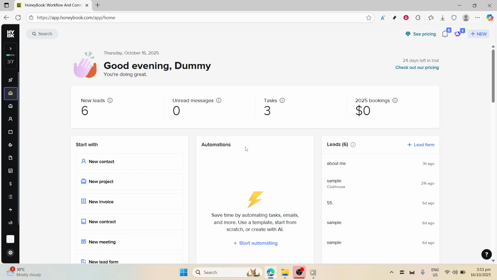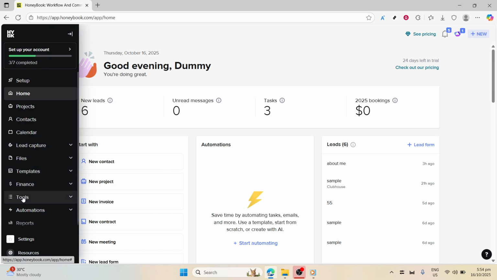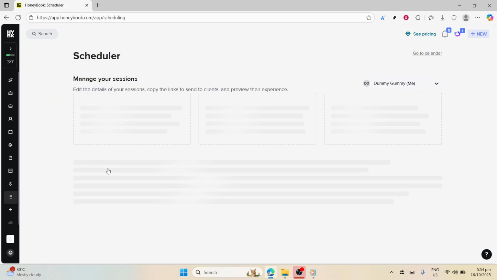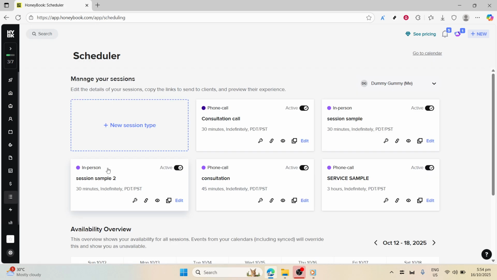First, you'll want to navigate to the scheduler within HoneyBook. From your dashboard, simply click on Tools, then select Scheduler. This is your central hub for managing all your service-related scheduling tasks, and it allows you to streamline your workflow